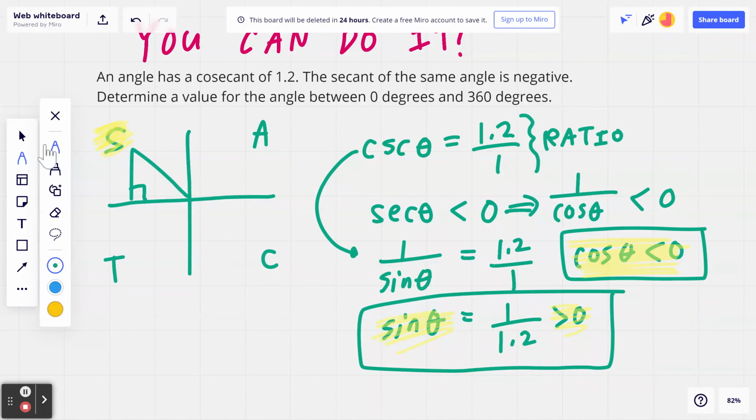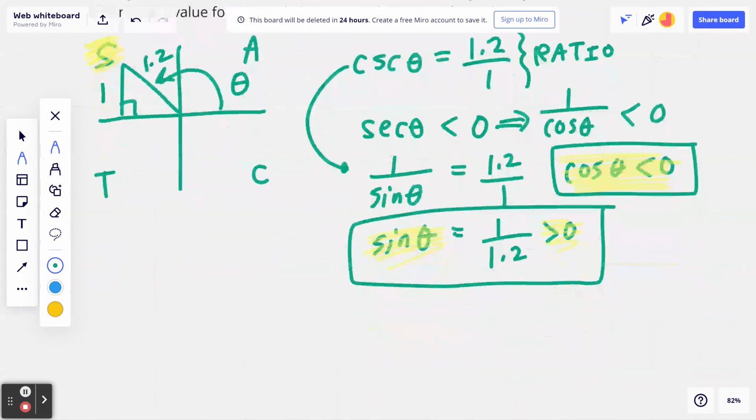Now you go back and your goal is to solve for this angle, and let's call this angle theta. That's the principal angle, theta. And if I think about sine theta, that's going to be 1 divided by 1.2. So 1 is the opposite, 1.2 is the hypotenuse. I grab the calculator, make sure you're in degree mode. I take the inverse sine of 1 divided by 1.2. And theta equals approximately